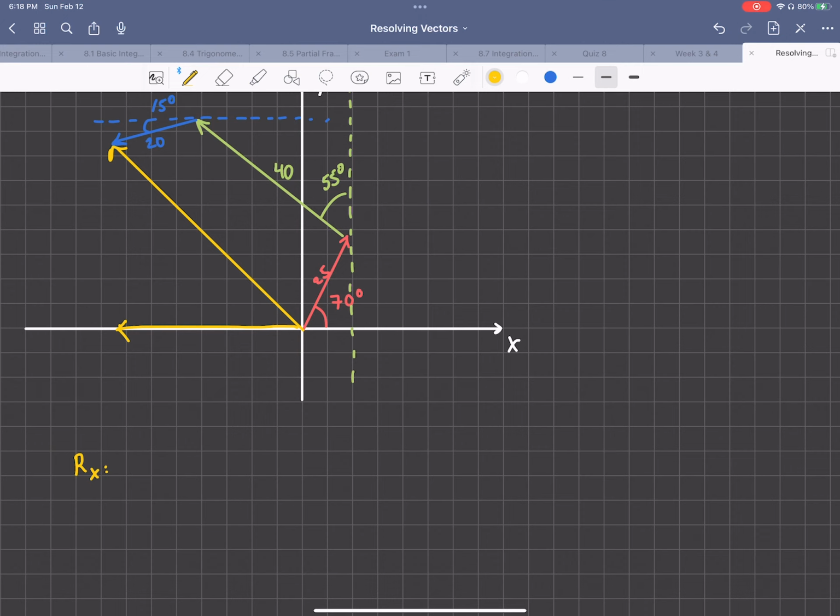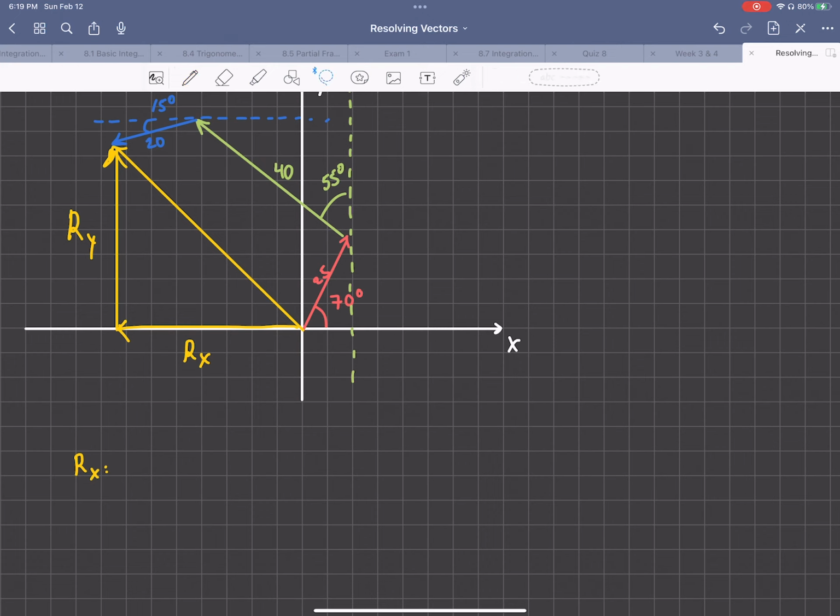Okay? And Y component, which you can draw here. This would be Ry, or you can draw it the same exact vector of same direction, same magnitude. You can draw it here. This would be Ry. This would be Rx. That's what I'm trying to find. So